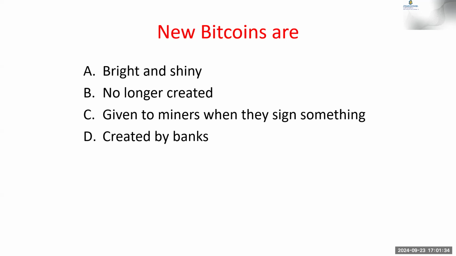Oh, we have a tie. We're tied with B and C. There's slightly more folks online are big with B. No, the answer is C. C is the proper answer, that the miners get the new Bitcoins. Nobody said A. Okay, thank you.